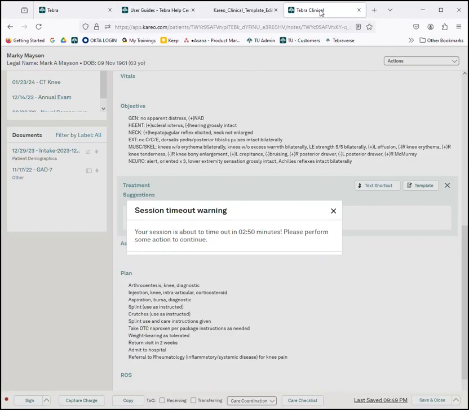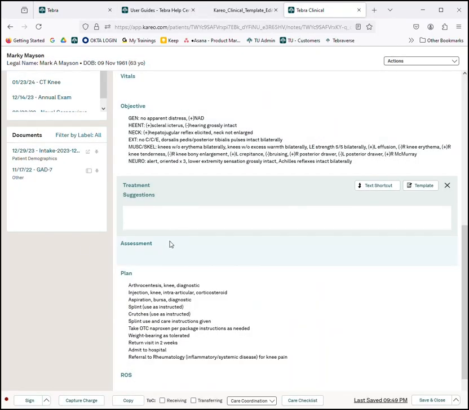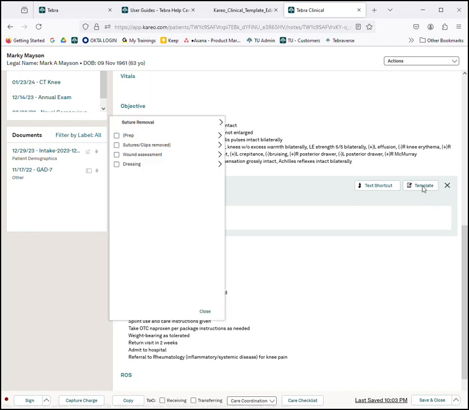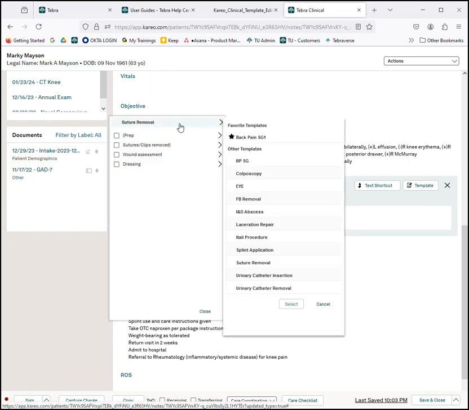Ooh, see my little timeout pending? I don't want that to go away. Oh, I hope I didn't do that. I'm going to refresh this, and I'm going to go into my treatment suggestions because that's the one under minor procedures. I'm going to click on template, and I'm going to change it to my